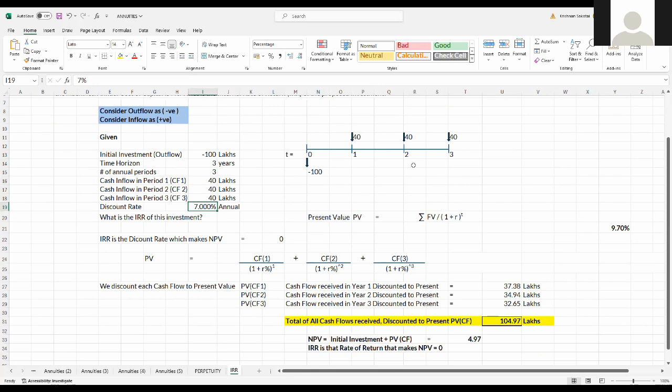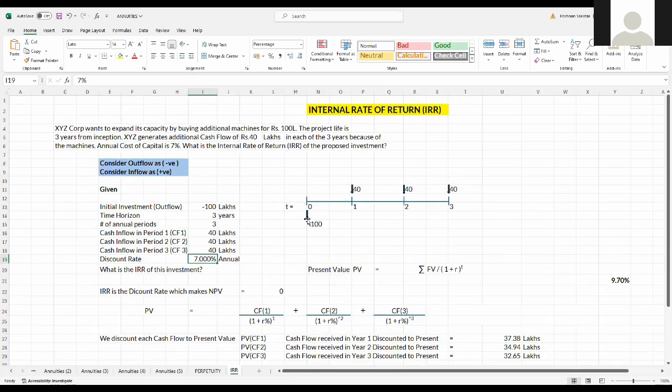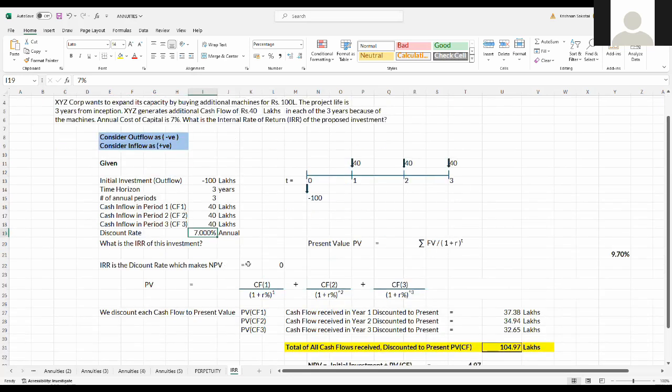IRR is the discount rate which makes NPV equal to zero. So the present value is found by discounting the cash flows and summing those discounted cash flows, which comes to